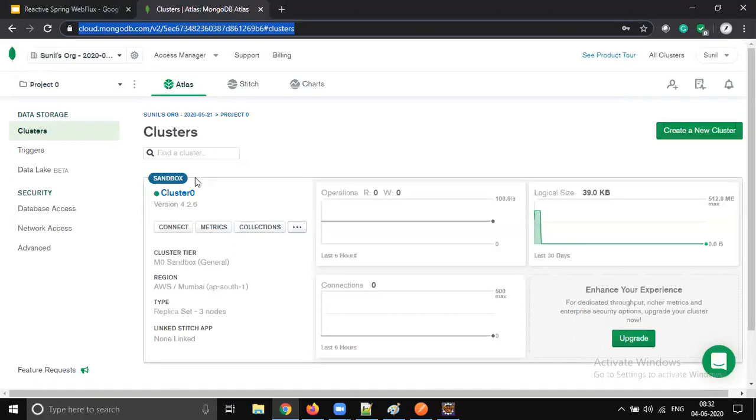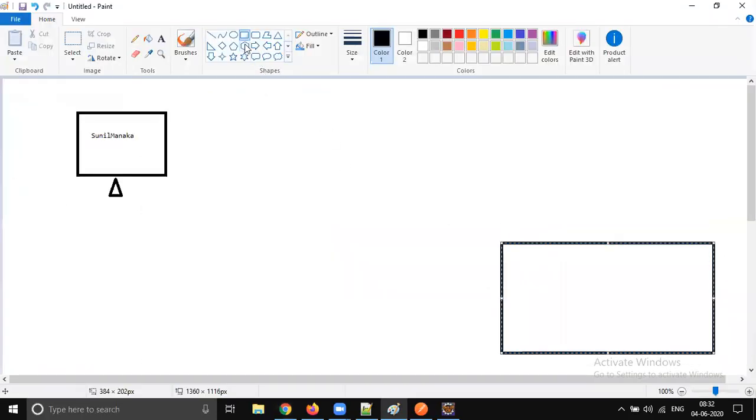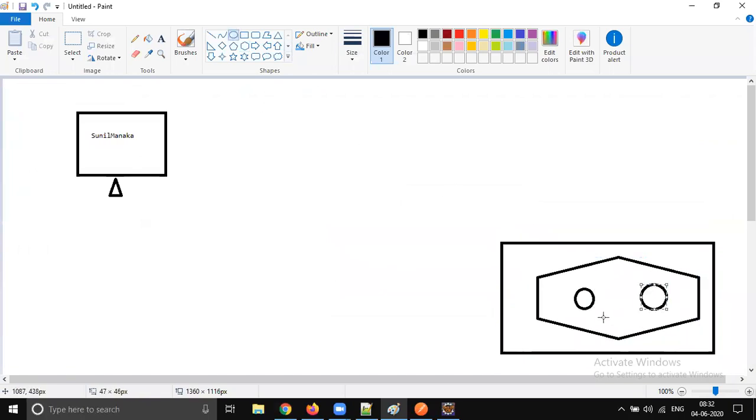So we successfully created a MongoDB cluster which has 3 instances. That is the MongoDB architecture. What are these 3 instances? We are creating 3 copies of the database. This is our primary copy, and these two are worker nodes, or secondary copies. The data is going to be managed across all these 3 nodes. Why is it like that?